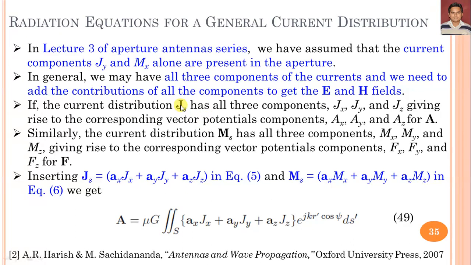If the current distribution Js has the three components Jx, Jy, Jz, and corresponding vector potential function Ax, Ay and Az for A. Similarly, the current distribution Ms has all three components Mx, My, Mz, giving rise to the corresponding vector potential function Fx, Fy and Fz for F. So by considering Js and Ms in the rectangular coordinate system, and then putting them in equation 5 and equation 6 respectively, as we have discussed in lecture 3 of this antenna series,